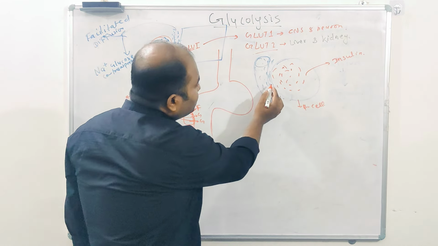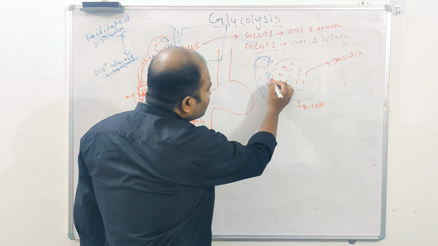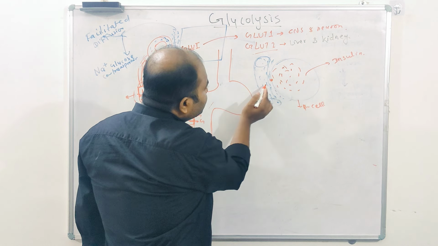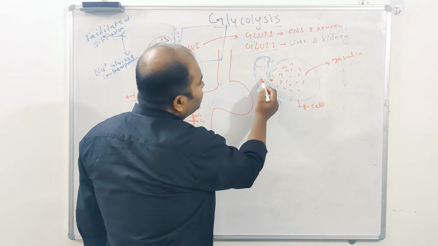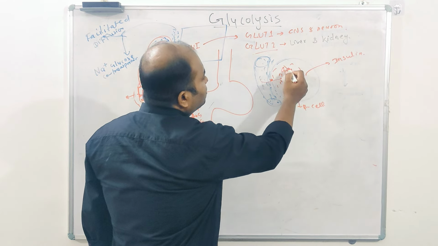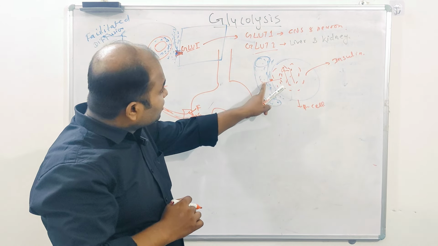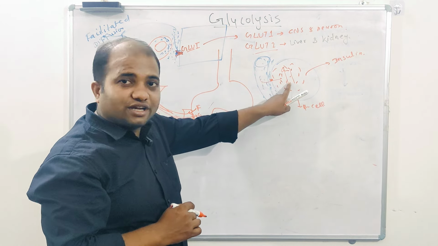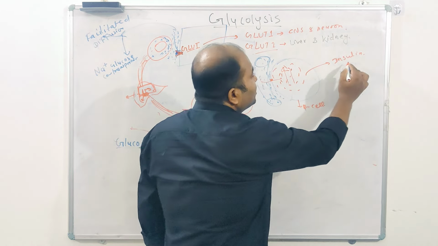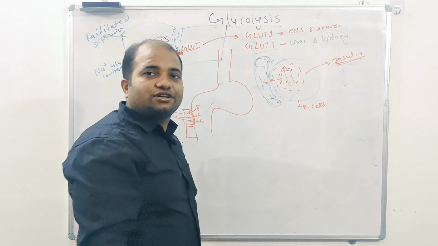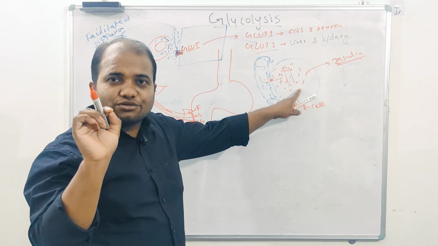That means this beta cell should be easily permeable, and it should have a transporter such that when the glucose level here is high, glucose should move in here, and the concentration inside should also increase to maintain equilibrium. Whatever the blood concentration is, the same concentration should be here, so that in the same degree, insulin gets produced, right? So this cell should be highly sensitive to glucose.